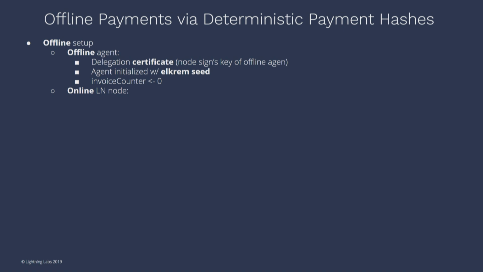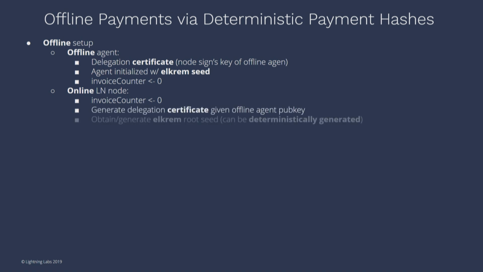And then for the online node, we have something similar. It also has its own invoice counter because it needs to mirror the invoice counters themselves. So basically, the assumption here is that throughout the entire lifetime, both of them will have the exact same counter. So it's going to be 1, 2, 3, 4, 5, 6. It's going to keep incrementing from there on. It gets the certificate, and then it also has its own outcome seed.